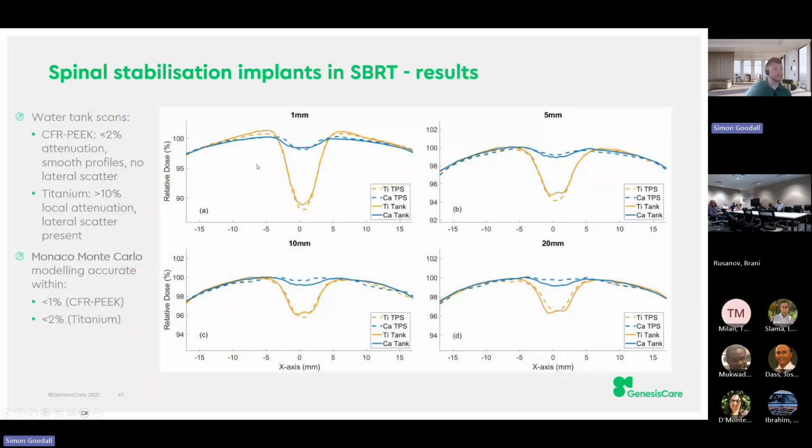So the results were probably as expected. The titanium has a really quite severe impact on the dose distribution or on the beam profile and fluence. It can cause up to 10 to 12% attenuation within the immediate proximity, and that reduces down to probably only 4 or 5% once you're 2 centimeters away. And we also see this increased scattering very close to the screw in the lateral directions as well, which we know is from the increased scatter from the titanium.